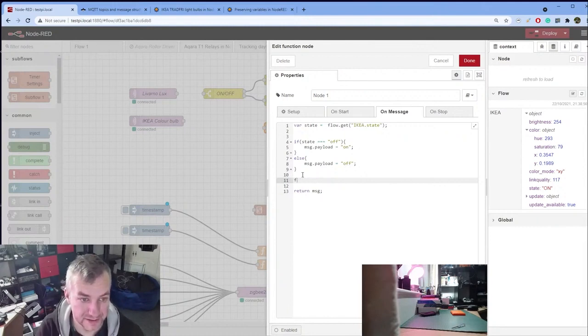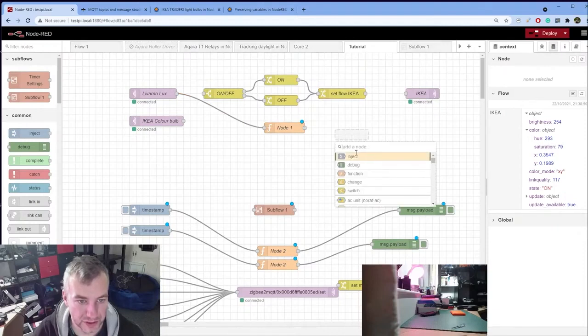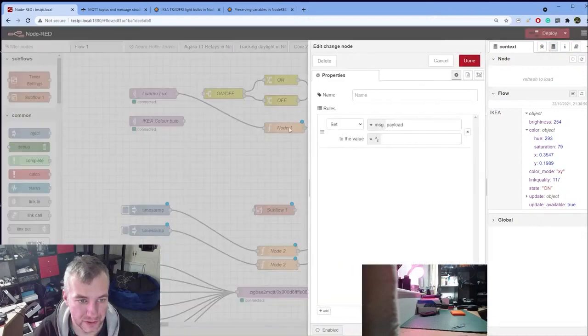Actually, let's add this later. So let's leave it like this so we can execute this. So that goes from our remote, goes to here, which we're gonna have a change node so you can understand what we're doing. We're gonna get information about